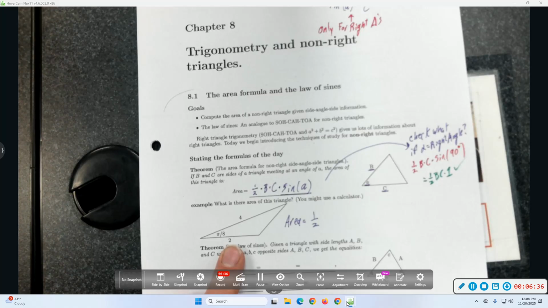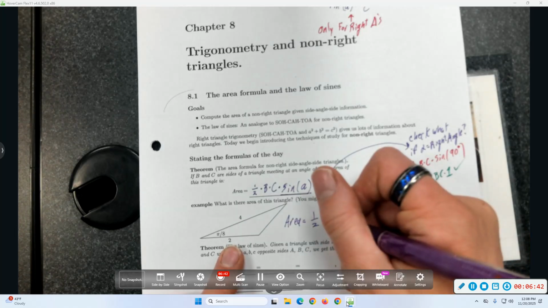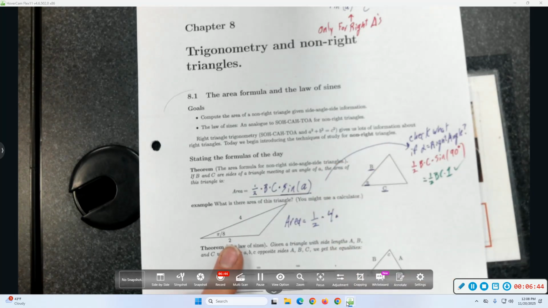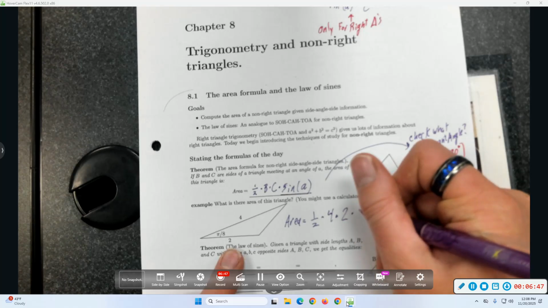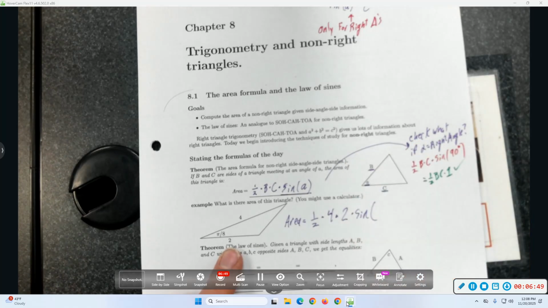Well, it should be one of the two known sides, right? So give me a length of one of the two sides you know. 4. Give me the other length. 2. Times the sine of the angle at which they meet. 5 or